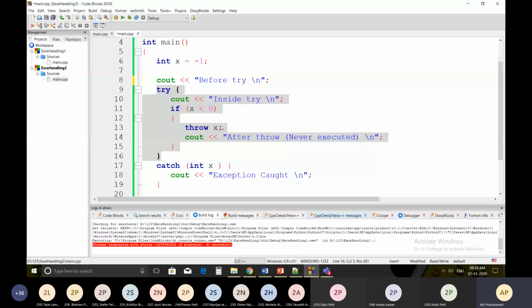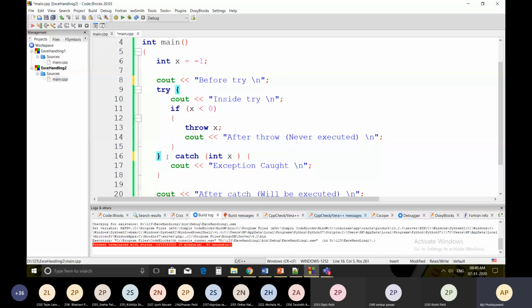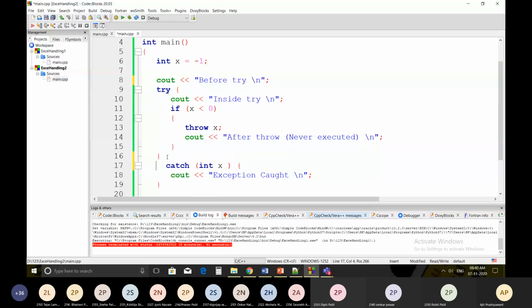And after throw, the statements are not executed. Whatever statements are present over here will not execute. That's why I mentioned over here, after throw never executed. This statement will not execute if throw is executed. And after the try block, you have to mention the catch block. This is your catch block. Catch integer x, where x is of type integer and throw is throwing the integer x.